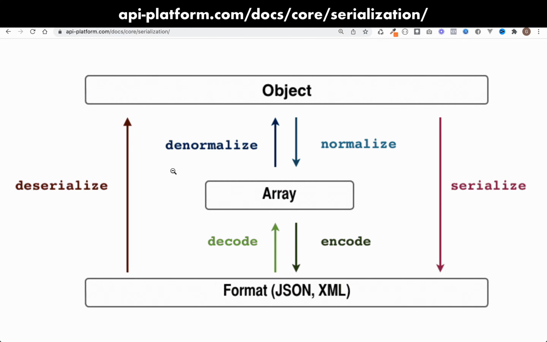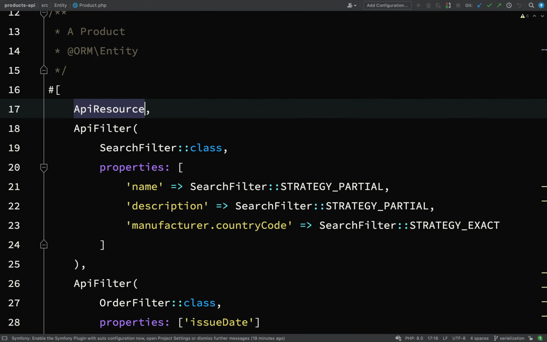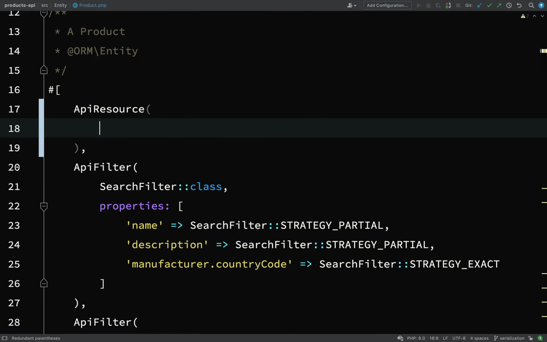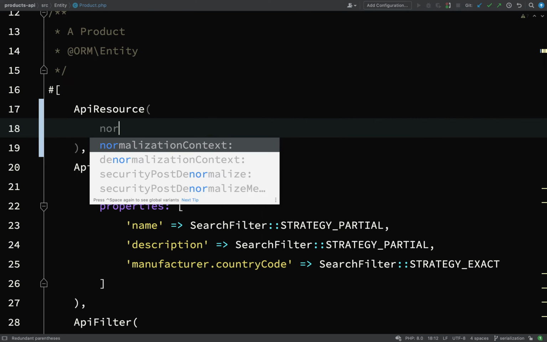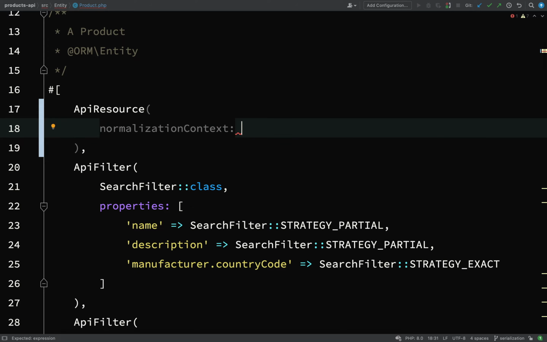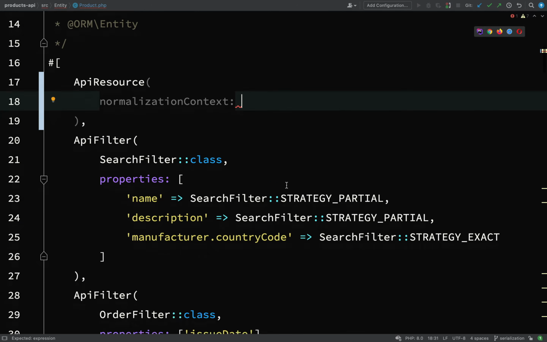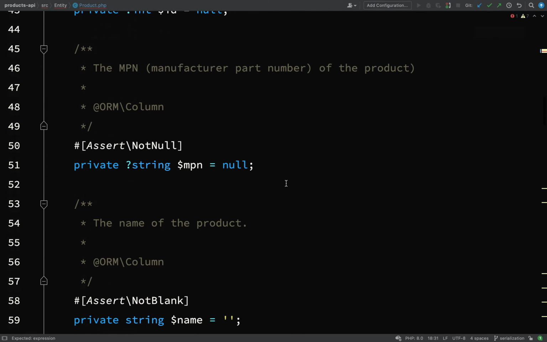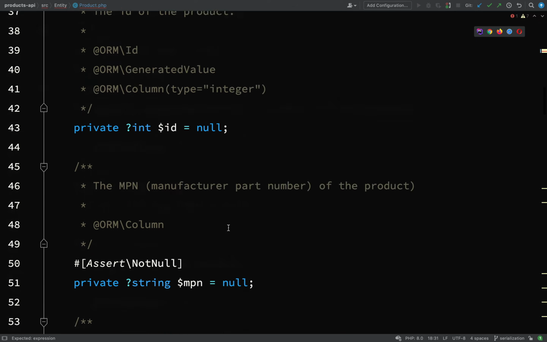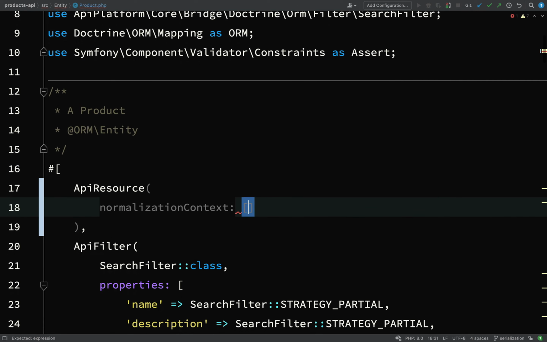So let's go over to our product, and in the API resource attribute at the top here, we're going to add something called a normalization context, and here you can create groups and then you just add your properties to those groups which you create. So say for example we just want to be able to read the name. What I'll do is I shall create a group,